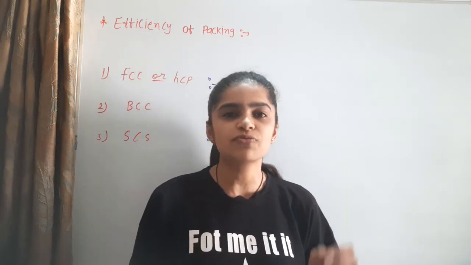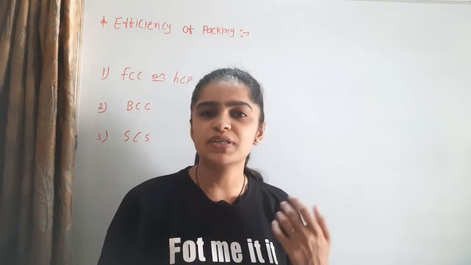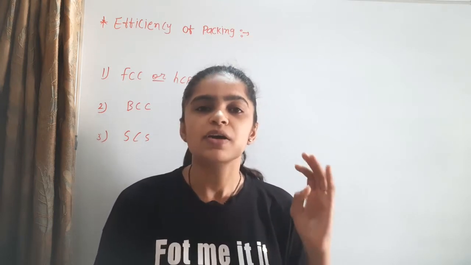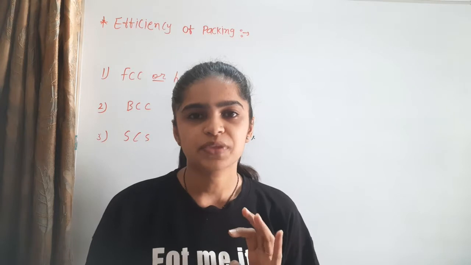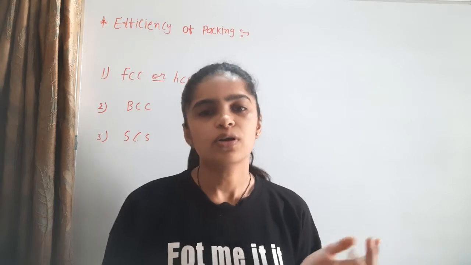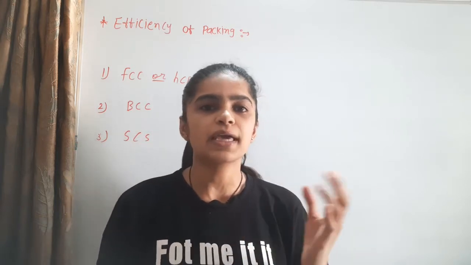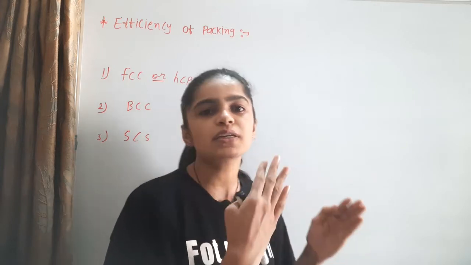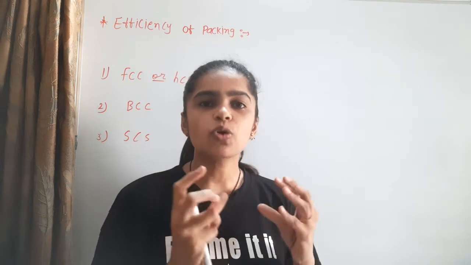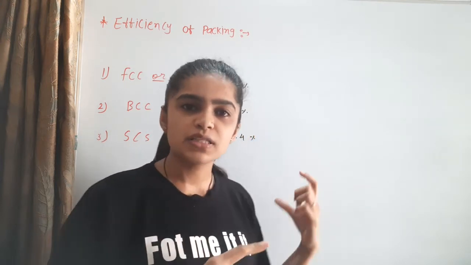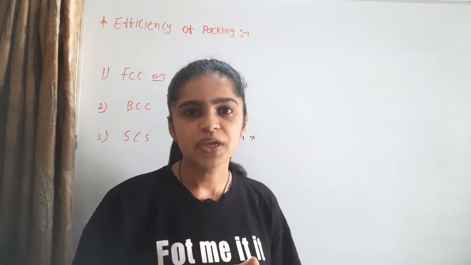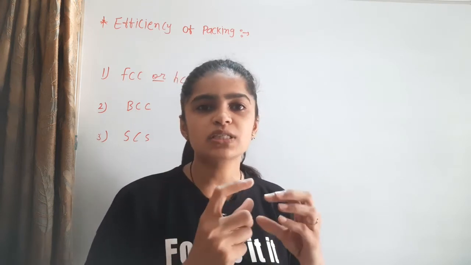Today we will discuss the efficiency of packing. In the previous lecture we discussed the closed packing structure. On the basis of dimension, closed packing is divided into three parts: one dimensional, two dimensional and three dimensional. When the coordination number increases, for example in 2 dimensions, square and hexagonal: coordination number 4 for the square closed packing and 6 for the hexagonal. As the coordination number increases, the closed packing ability increases. For example, the square planar has 52.4% efficiency and the hexagonal has 68% efficiency. So as the coordination number increases, the closest packing capacity increases.